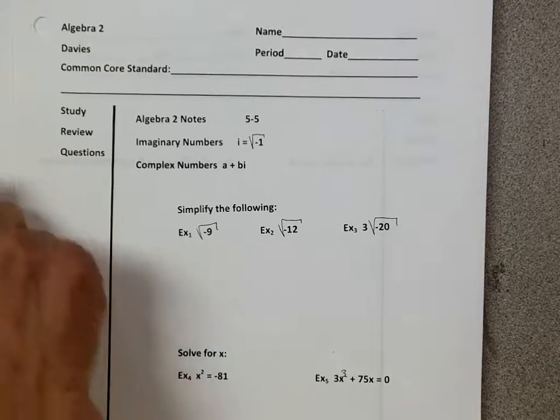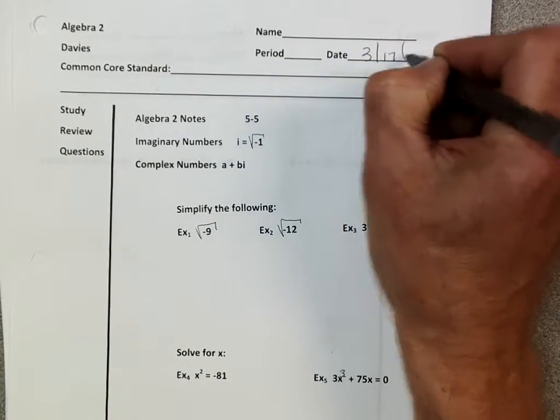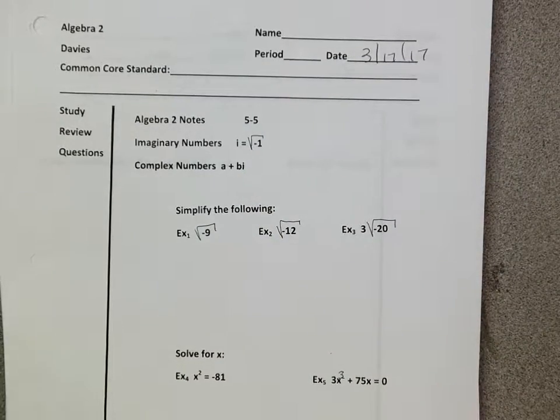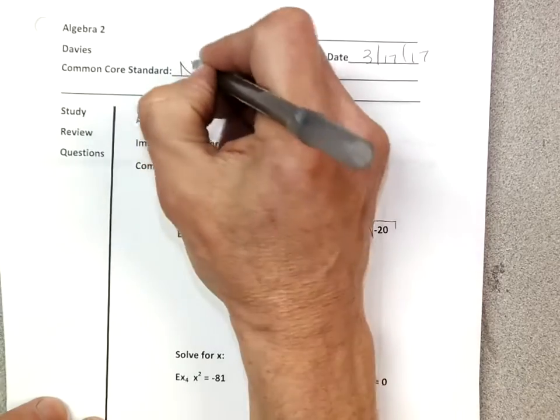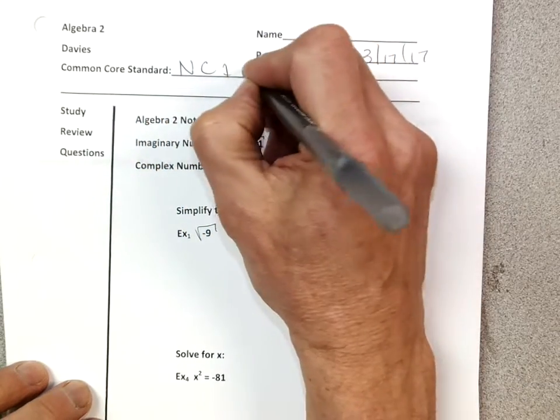So today we are talking about imaginary or complex numbers. Before we even start, our Common Core standard is N for number sense, NC1, and it is know